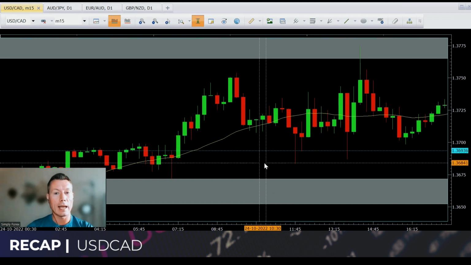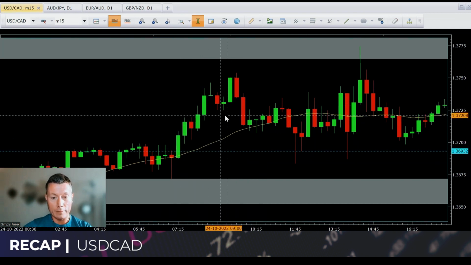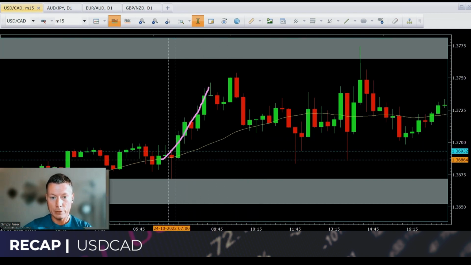Once we have this confluence, our next job is to ask where can we best enter the trade? Which area will give me the best value to enter the trade? The M15 chart is a really good chart to refine your entry. So what happened, guys, is I'm looking for shorts. And then this happened. We had a break of M15 structure, but this last low here is now a very good place to enter your short.